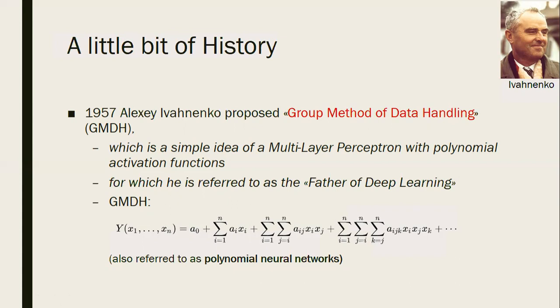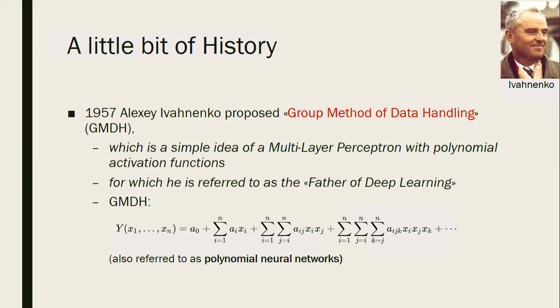He's got a good paper, group method of data handling. And what he proposed was actually a graphical computational graph architecture of polynomials. So he obtained a nonlinearity by using higher order polynomials, and they are today referred to as the polynomial neural networks. I mean, there are a lot of guys here, but this is one of the nearest architectures that we have today, as we know, deep learning. It is closer as an architecture. This one is closer to our architectures.